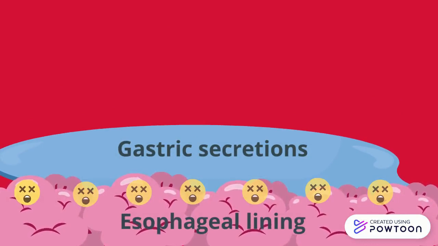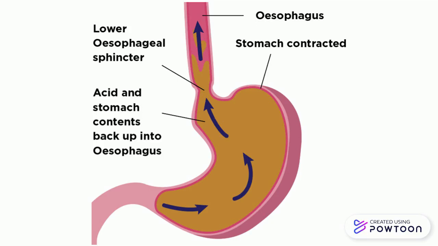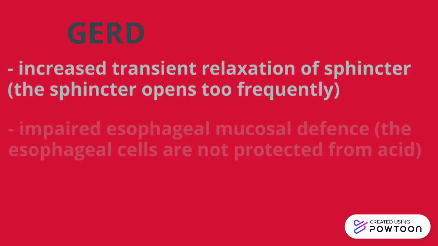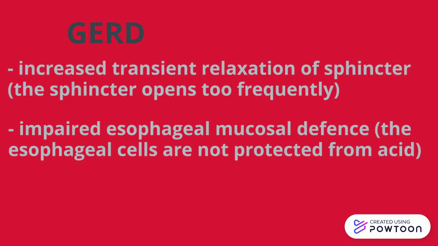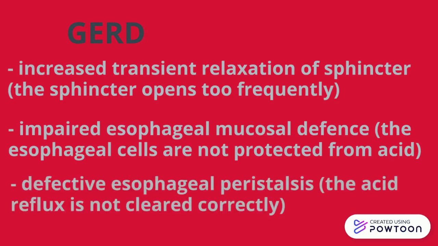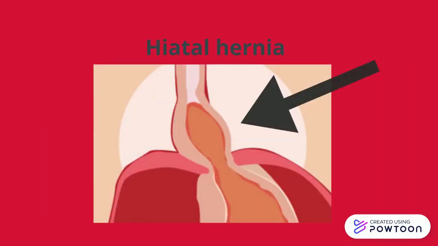To prevent this, at the opening of the esophagus to the stomach, there is a lower esophageal sphincter, which opens to allow food and prevent backflow. However, in GERD, there are more frequent openings of the sphincter, impaired esophageal mucosal defense, and defective esophageal peristalsis, which allow gastric secretions to enter the esophagus, remain there, and damage the esophageal lining. In some GERD patients, this may also be due to a hiatal hernia, where part of the stomach is above